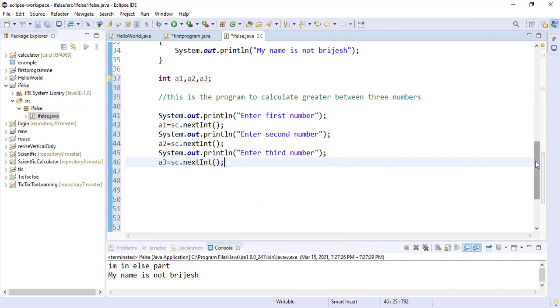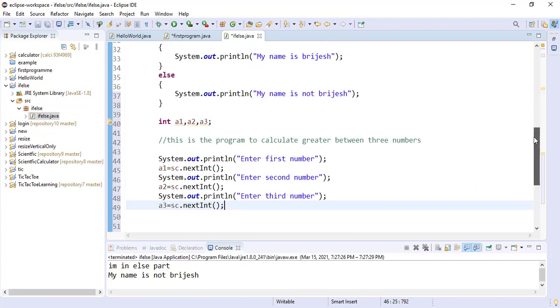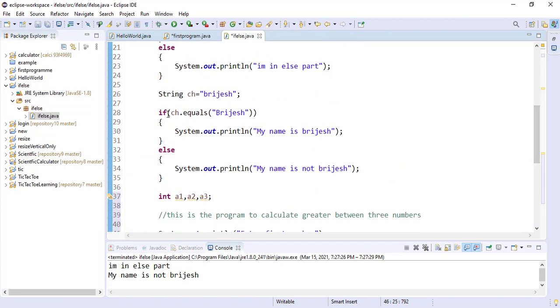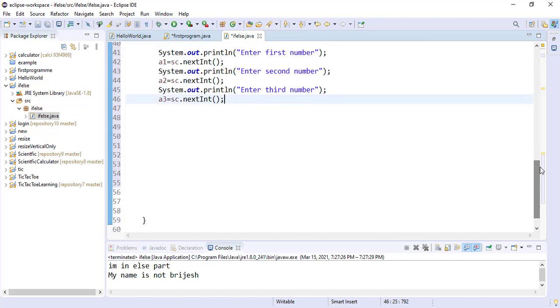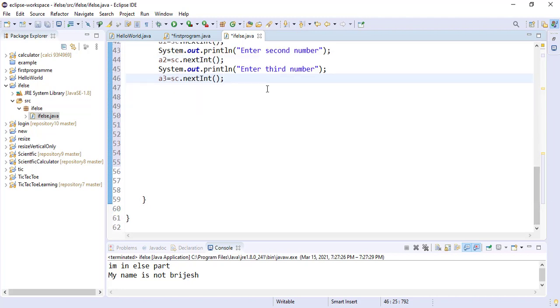So one more thing before writing the if else logic, you can see here I have only a single if and a single else. So let us suppose I want to create more and more conditions. So we have to explore how to create more and more conditions. For this we have to use else if, else if, and otherwise we also have else. So hope you understand. So let's see how to create if, else if, and then else.